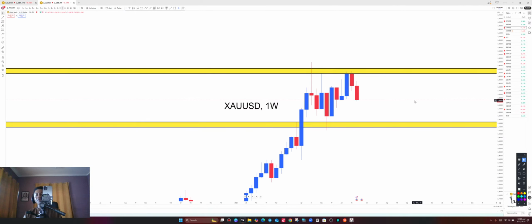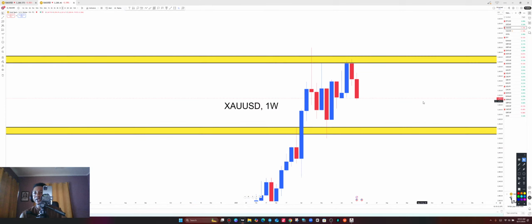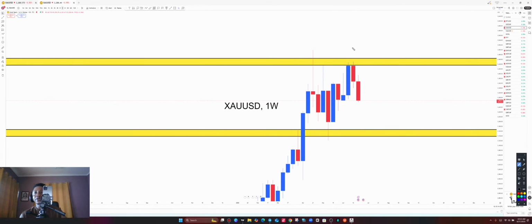All right. So this is gold on the weekly time frame. Let's explain the weekly. On the weekly time frame of gold, we have the weekly upper and then the weekly lower. If you look closer at the weekly time frame, when price made contact with the weekly resistance level, it saw a lot of sell pressure, which reversed it all the way to the downside. So where is the sell pressure going to end on the weekly? It is going to end on the next weekly support level. That's what we are seeing over here on the weekly time frame of gold. So gold price is dropping all the way down to the next weekly support level.